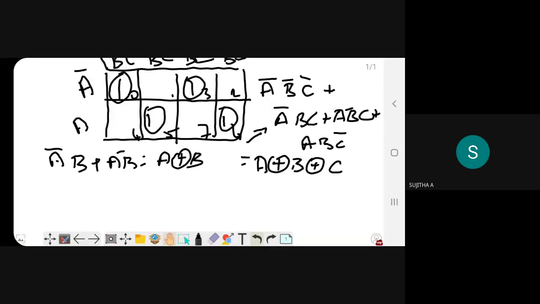Also, A bar B bar plus AB is equal to A XNOR B.